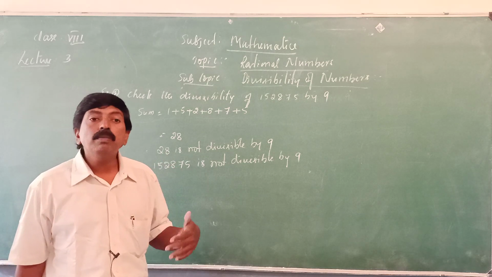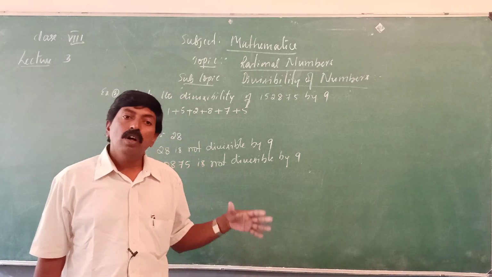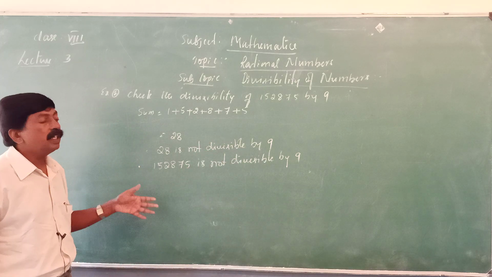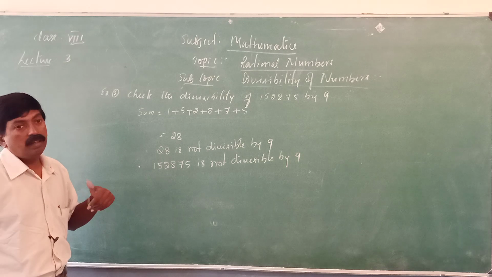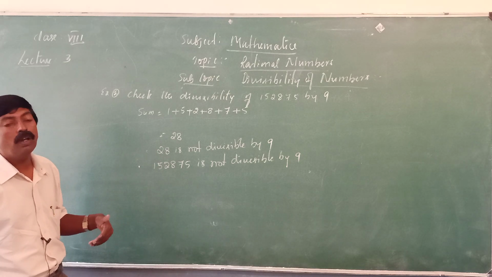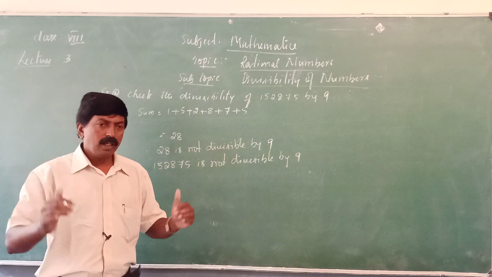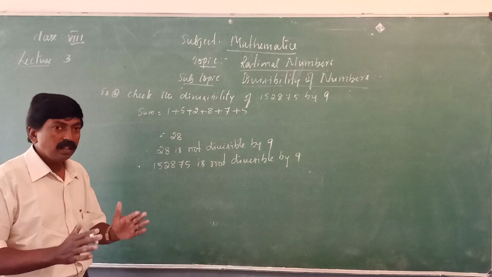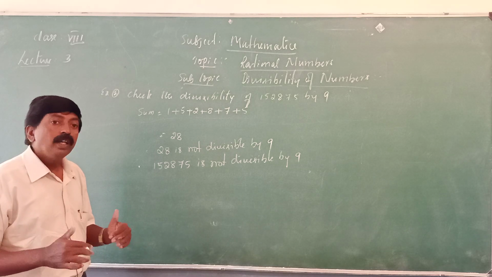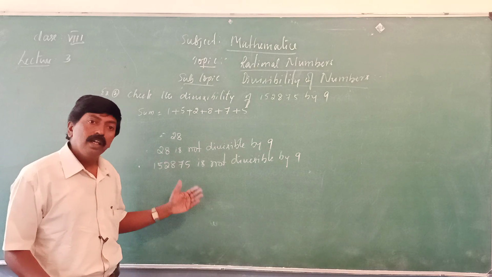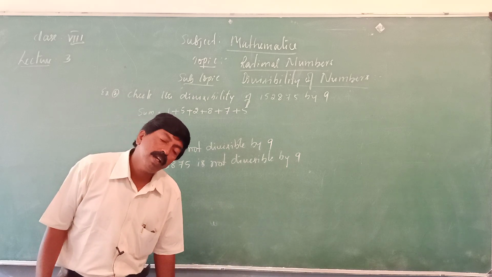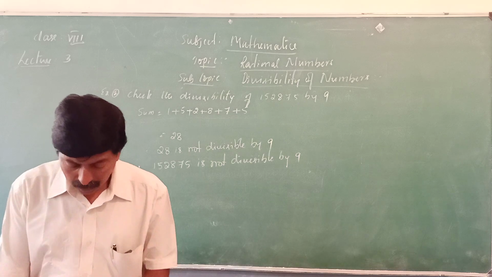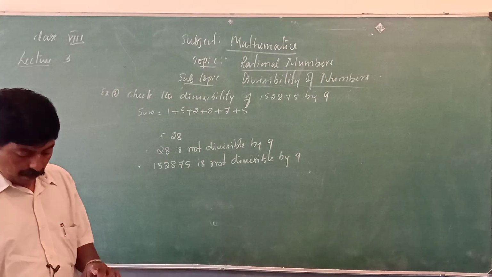The next, divisibility by 9. Up to the 3 divisibility tests we can very easily recognize, but here it will differ from the last 3. So what is the rule we have to follow here? One numeral is given, you have to add its digits separately, unit-wise, and find the sum. If that sum is divisible by 9, definitely that number is divisible by 9. Otherwise, it is not divisible by 9. So related to this, some problems are given.